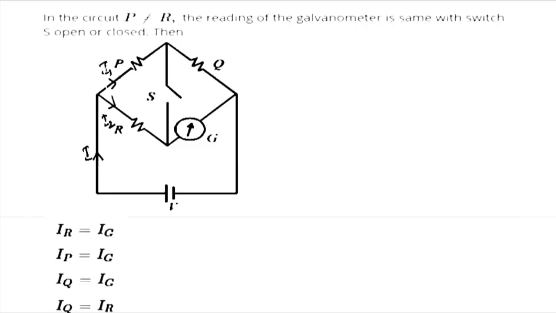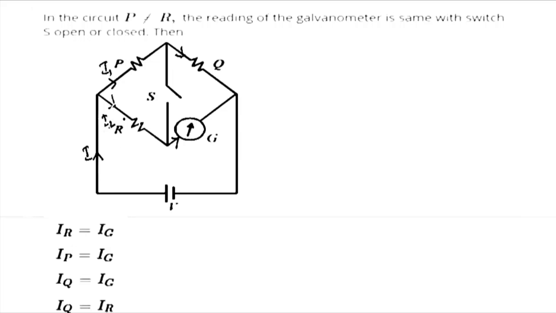Then this I1 current passes through this resistor P, and if the switch S is open or closed, it will not flow here, it will flow along this Q. Right? And the same I2 will flow along G. Now as you can observe, the current simply flows through G, and from P it flows through Q.